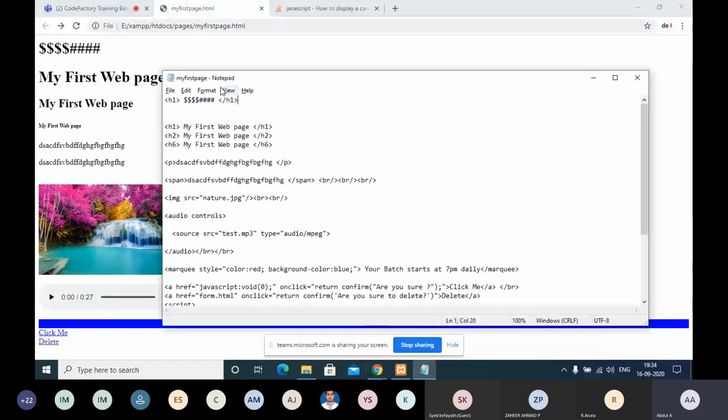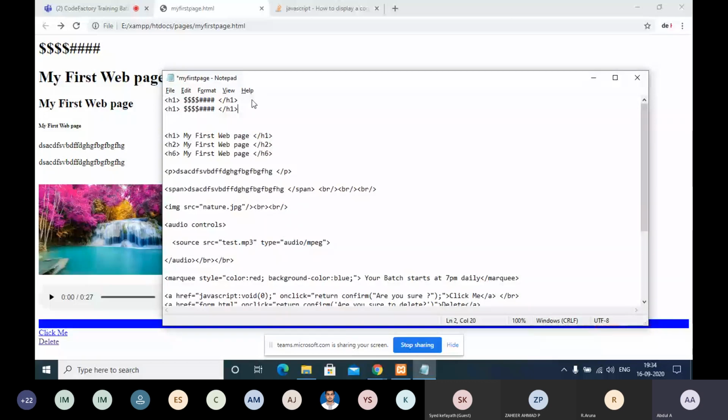For example, if we want to give a break between two lines, I'm giving two h1 tags now, and I'm putting one break tag here.